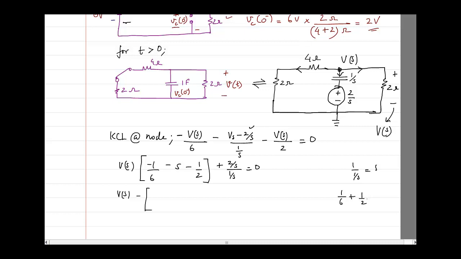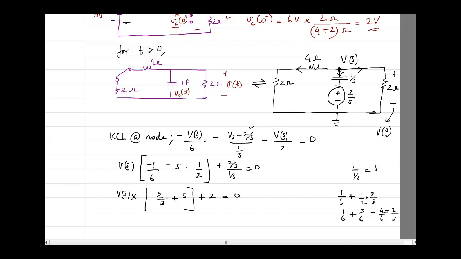Cross multiplying with 3, so this is 3 into 3, I will get denominator 6. So 1 by 6 plus 3 by 6 is going to be 4 by 6, correct? Which I can write even as 2 by 3. So it is 2 by 3 plus S. Where that minus has gone, that minus has gone outside. So this is multiplied with minus. Plus 2 by S by 1 by S is 2 is equal to 0.